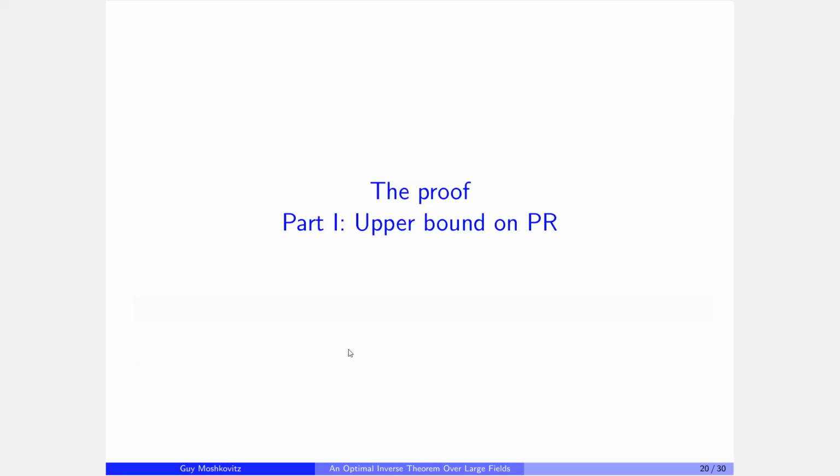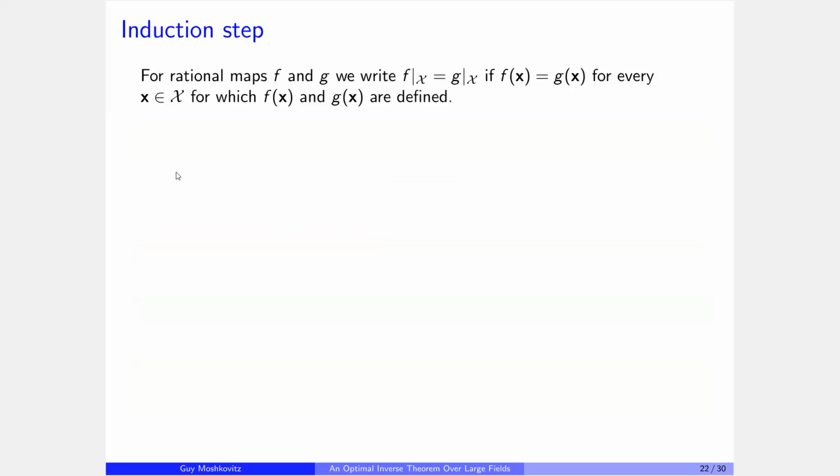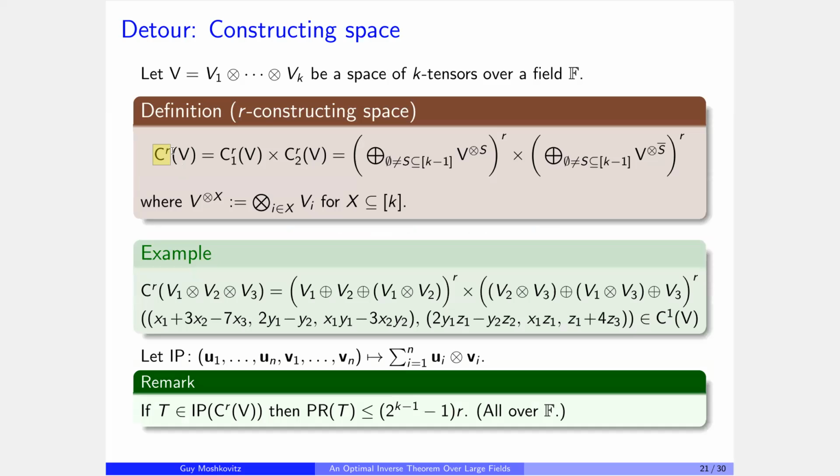Let me give you a general sense of the core thing that's going on in the upper bound. I don't have much time, so I'll try to go over this quickly. I won't talk about this slide. I'll just say that whenever you see the notation C superscript R of V, so V here is